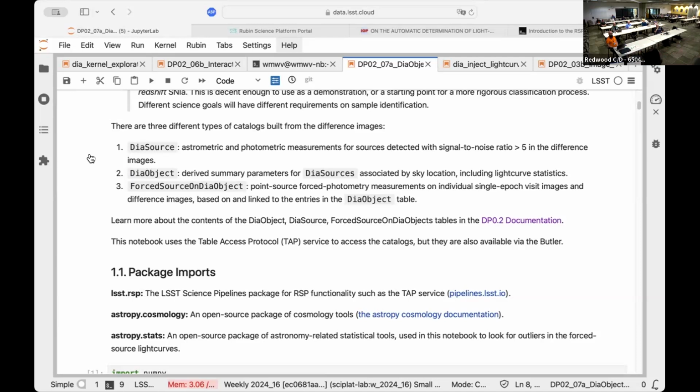And so this is what you measured when you ran the subtraction. You associate, hey, have I ever seen this before? And then you can go back and do force photometry, both at the individual images and the individual subtractions. So if you have something that you didn't see, you didn't see, you didn't see, you saw it at 3 sigma, then you saw it at 10 sigma, then at 12 sigma, then at 2 sigma. The DIA object is the thing that says, here's my best estimate of the position. Let me run back and do the photometry to get both upper limits and